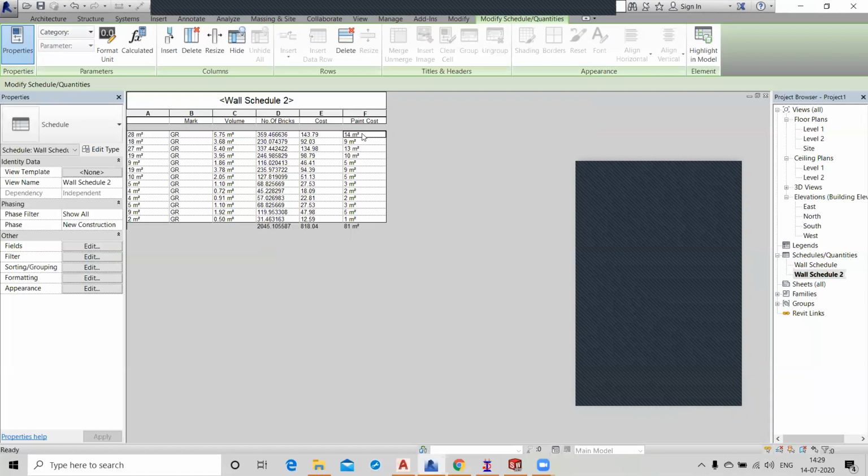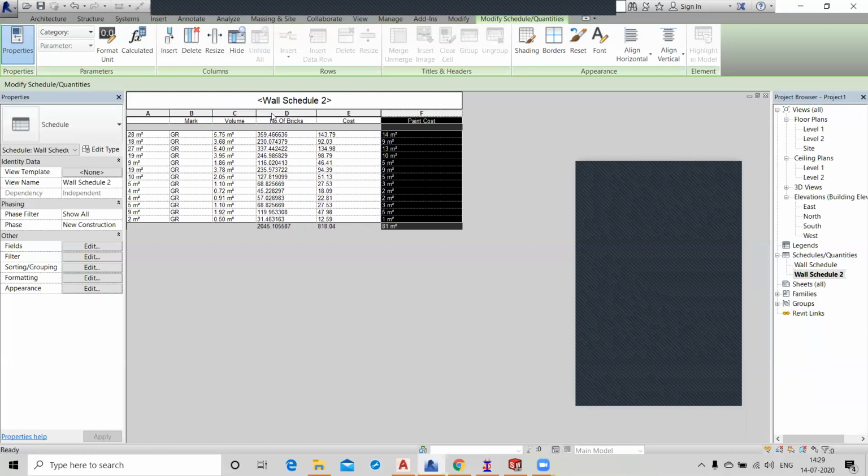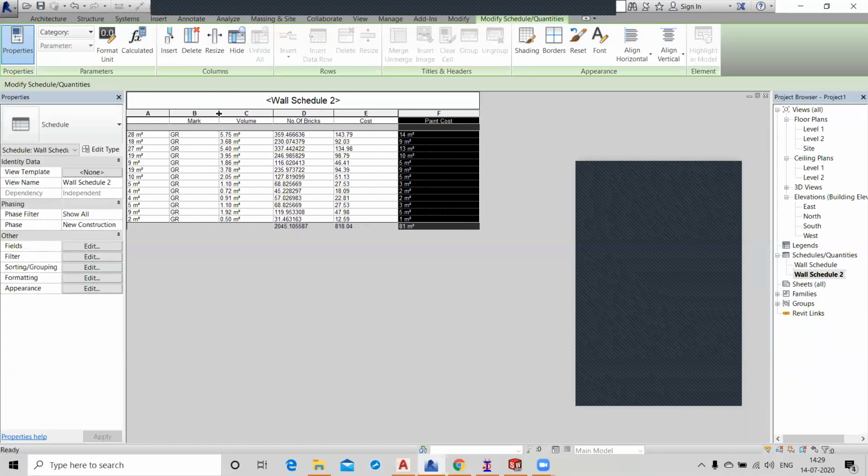Sir, can you extend the table? Come to the end. We mean the size of the schedule, can we increase it like in the Excel sheet?